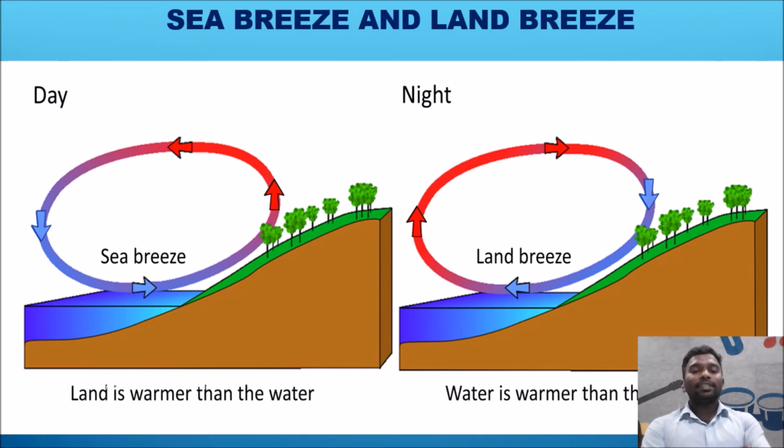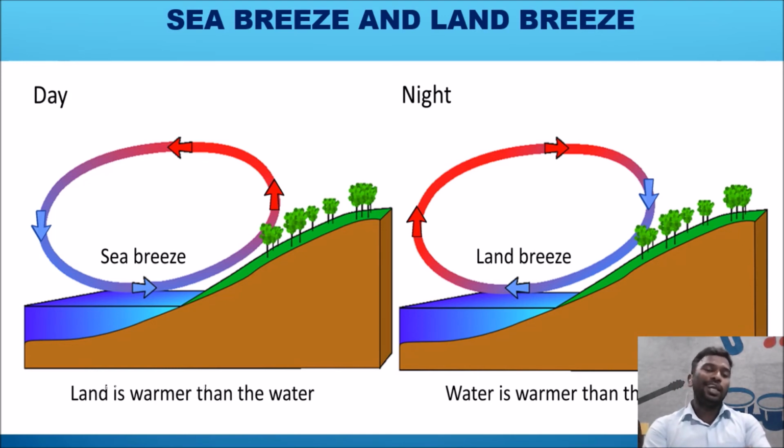When hot air escapes from the land, that gap is filled with the cool air which is coming from the water, right? When it occupies the space of hot air on the land, after a few minutes it becomes hot. The hot air is escaping from the land and that place is occupied by the cool air which is coming from the sea, right? This is a cycle process.